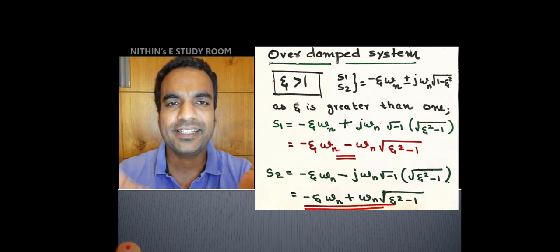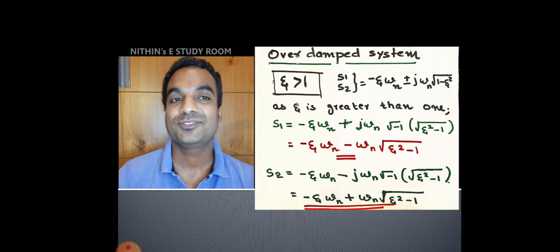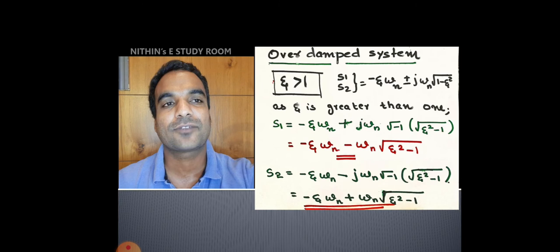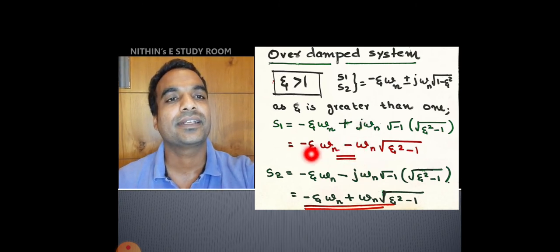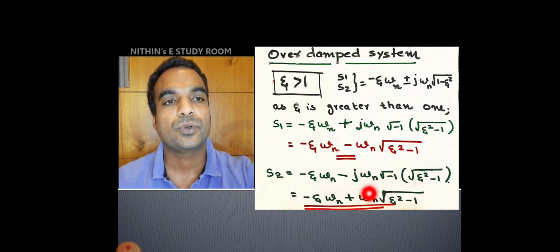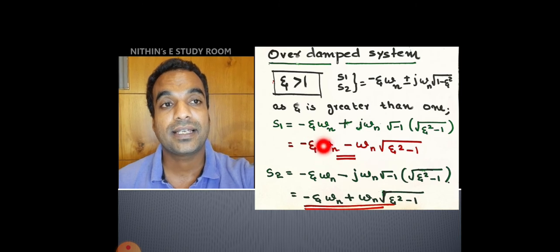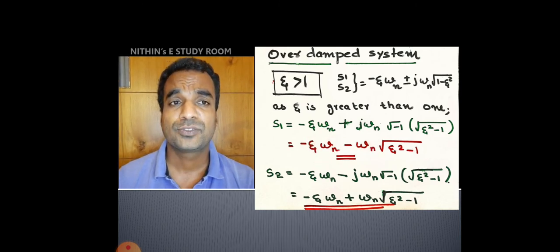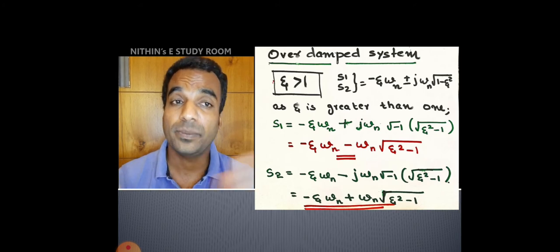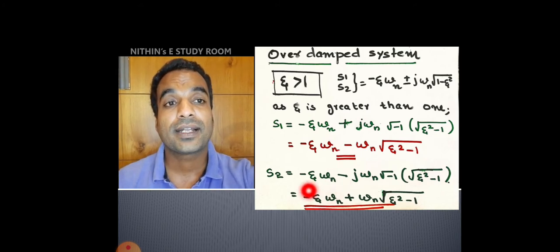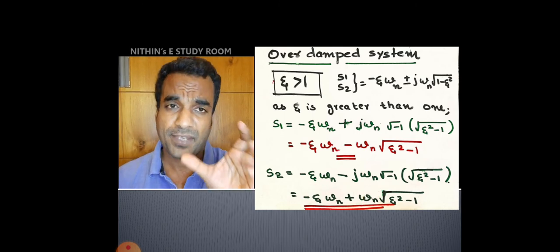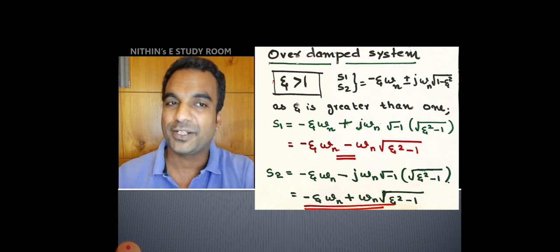Is there any imaginary term? That is important. It is not a complex term because j is eliminated from both the roots. Here this one is a real term and this one is a real term. In the second root also this one is a real term and this one is also a real term. No imaginary terms are there. So in S1 there is minus and minus. Two negative terms are there, so its sum, its magnitude, will be higher. In S2 there is one negative term and one positive term, so its magnitude will be the difference. The magnitude will get reduced. I think you are making sense.